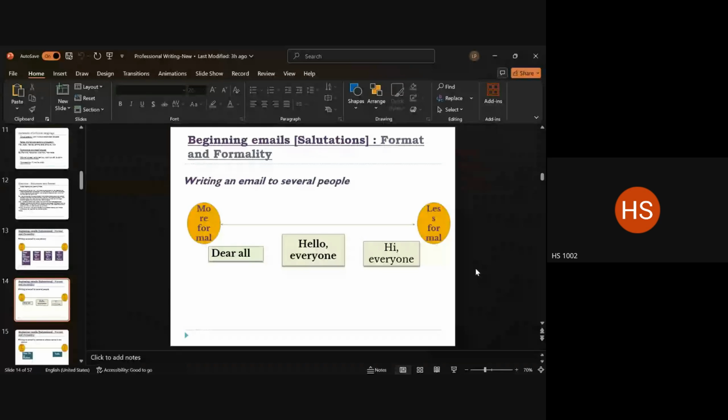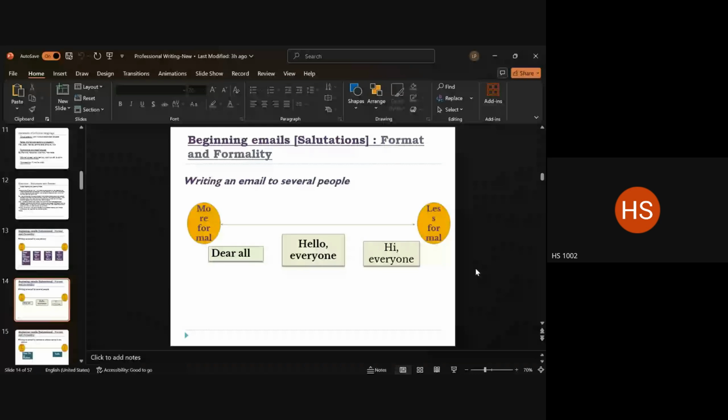So for you also, if you're writing to a group of people, but one or two among them are a little important because of the positions and designations they hold, you will have to put their names in separately and then put everybody else in the last category, which is "all of you." But if no such hierarchy exists, then you simply go ahead and say "Dear all." That is the most formal way of doing it.